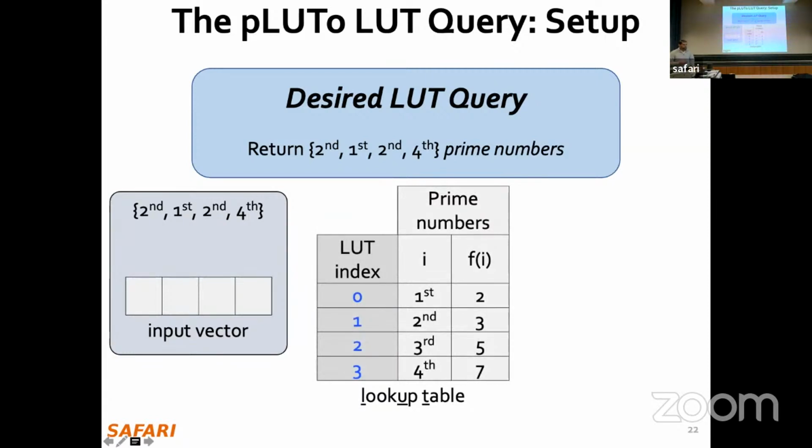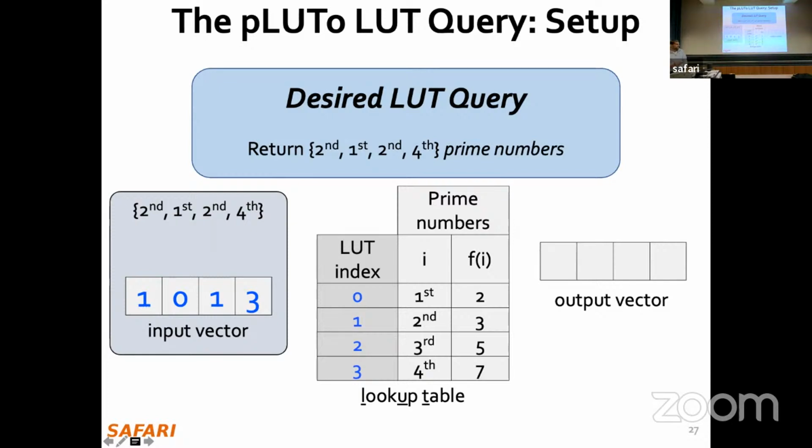So here, how it's going to operate is that we are going to take the query, the data that you want to input as an input vector, and then you also have our lookup table, which holds the sequence of natural prime numbers. So the first prime number is 2, the second one 3, the third one 5, and the fourth one 7. We are going to store this in some memory units, and then you are going to index them from 0 to 3. So the input vector that you're going to construct here is going to represent the index of this lookup table. So the second prime number represents the first index here in my memory. The first prime number is the index 0, and then the second prime number again 1, and the fourth one 3. And then the output that we want to